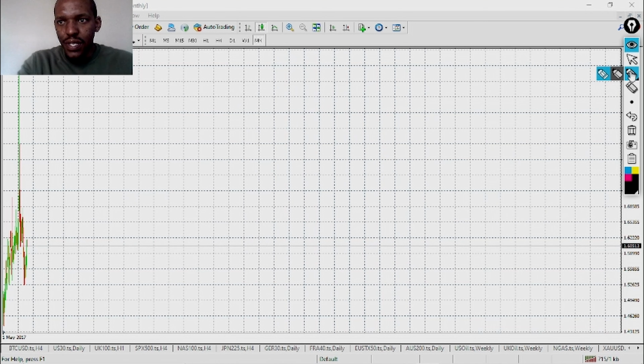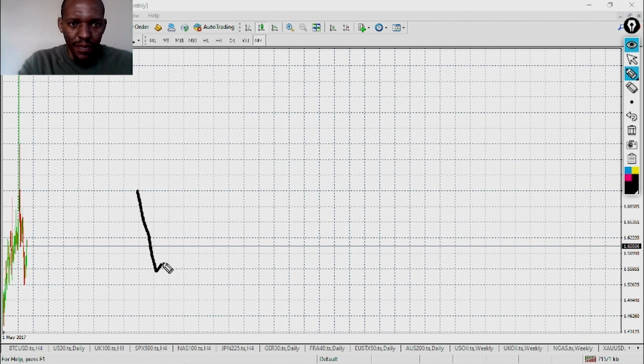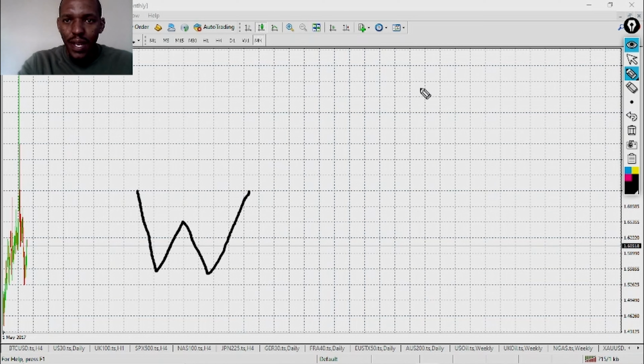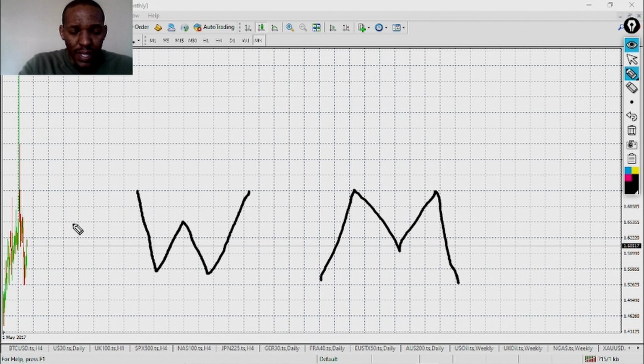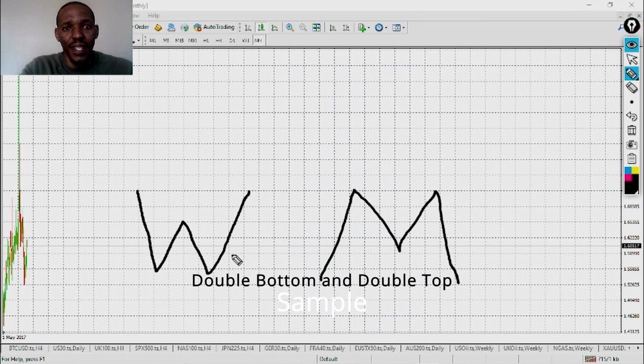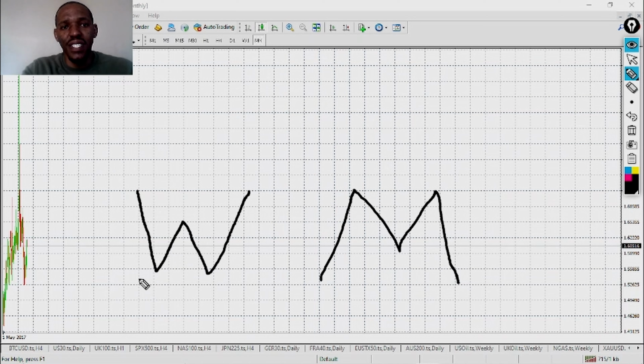First element I want us to look at, guys, well, there's two of them. It's a double bottom and a double top. This is a double bottom, guys. This right here is a double bottom, which means that these are